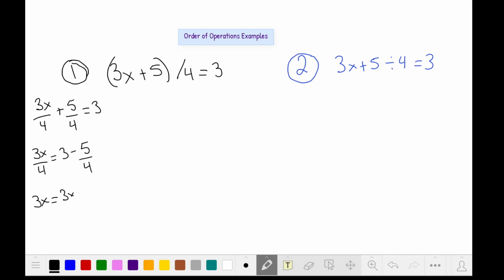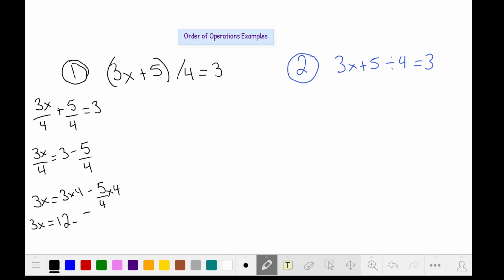So we're going to have 3 times 4 minus 5 over 4 times 4. Notice that because the 4 is dividing everything on the left-hand side, it has to be applied to everything on the right-hand side. So I multiplied the entirety of the left-hand side by 4. I have to multiply the entirety of the right-hand side by 4. And the reason I did it that way is because this will let us actually simplify